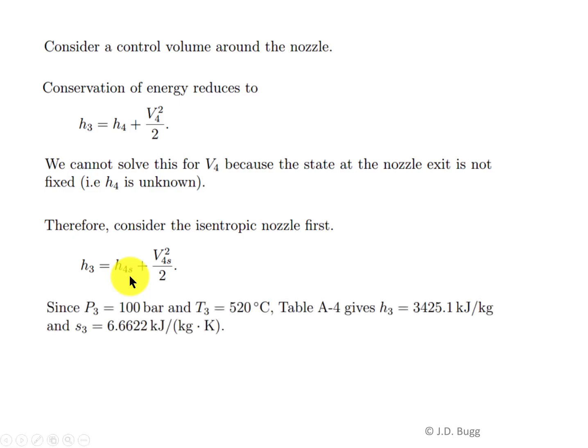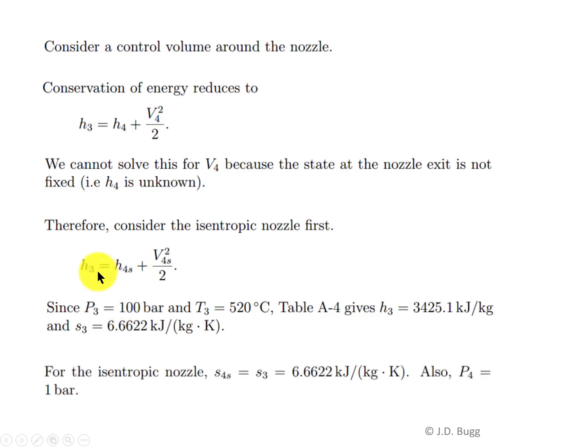And what that is the entropy. So first of all, we go to point 3. We know the pressure is 100 bar and the temperature is 520 degrees C. So we can go to table A4 and get the enthalpy at the inlet and also the entropy. And the reason we also looked up the entropy is for the isentropic nozzle,